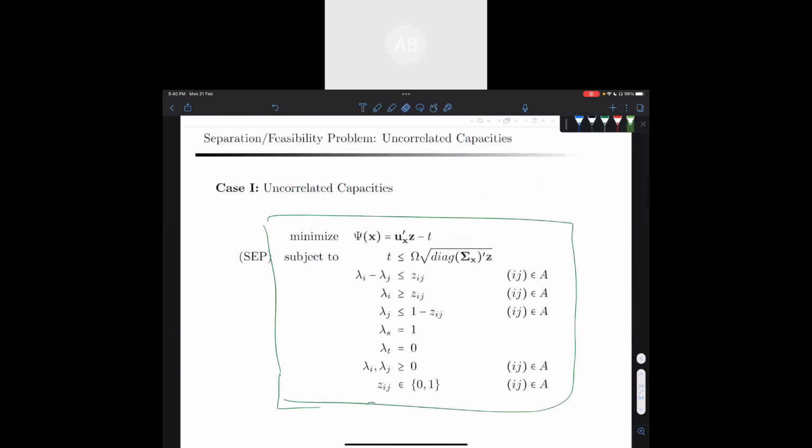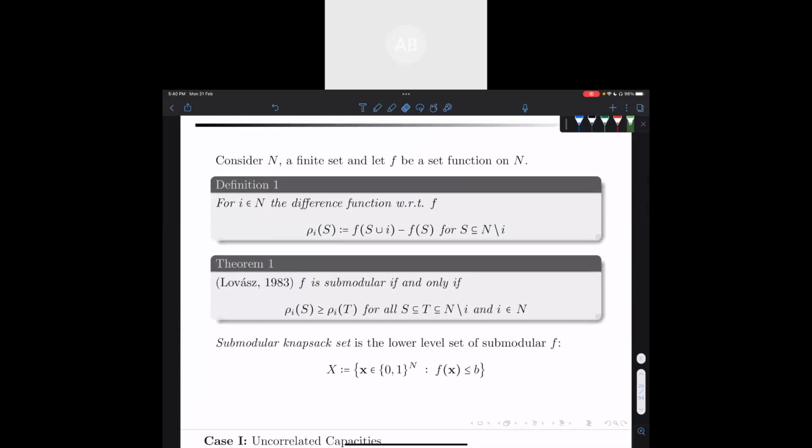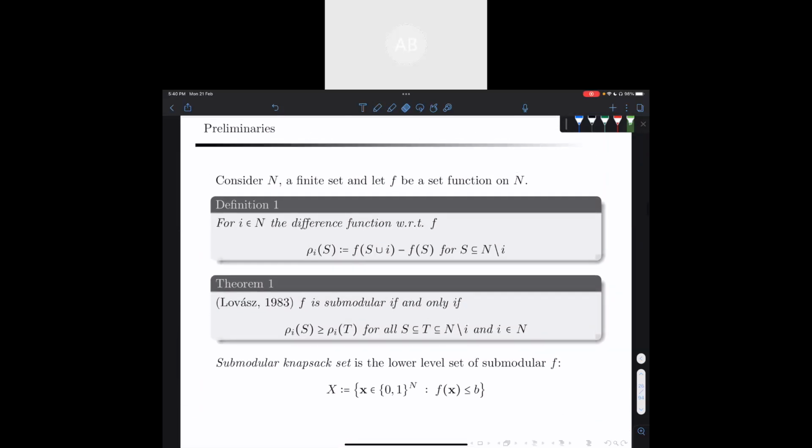That's what we are going to look at. So I'll just develop some preliminaries first of all. Let's consider an index set N. So let N be an index set ranging from 1 through n, a finite index set, and let f be a set function on,